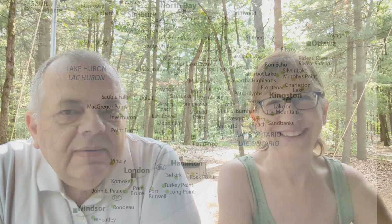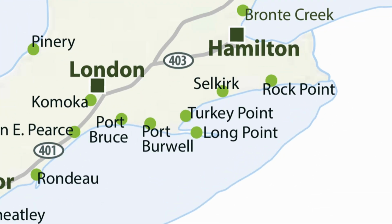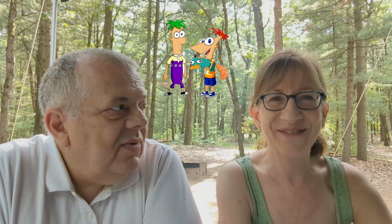Here we are at Turkey Point Provincial Park. It's July the 11th, 2025. This is our first time at Turkey Point. So we are in the, what is it, Phineas and Ferb campground? The what now? Fin and Feather. Fin and Feather campground. And we're on a serviced site, which interestingly, not all of the sites in this campground